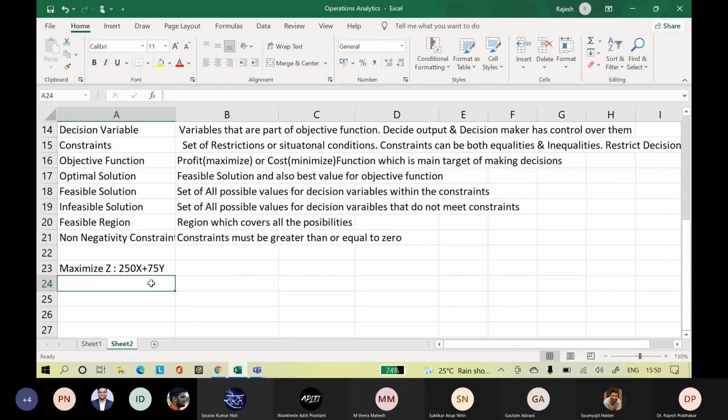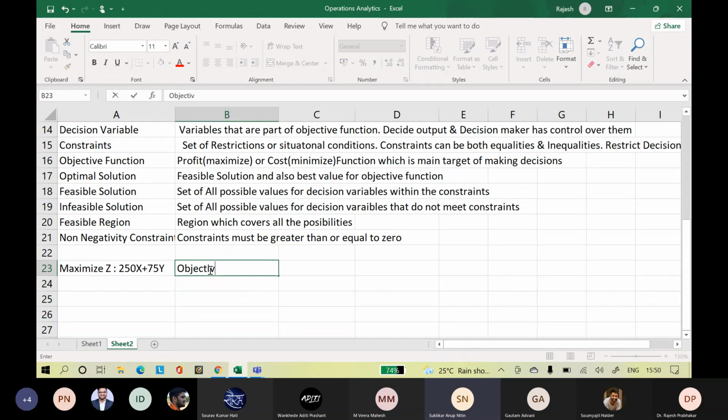How many variables are there? There are 3 variables: x, y and z. X and y will decide the z value, right? Now, there are certain constraints.